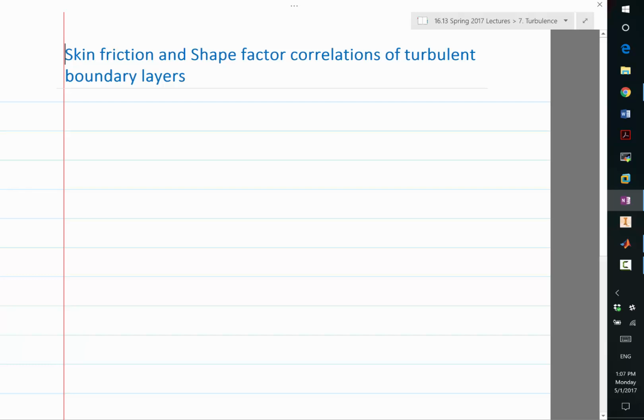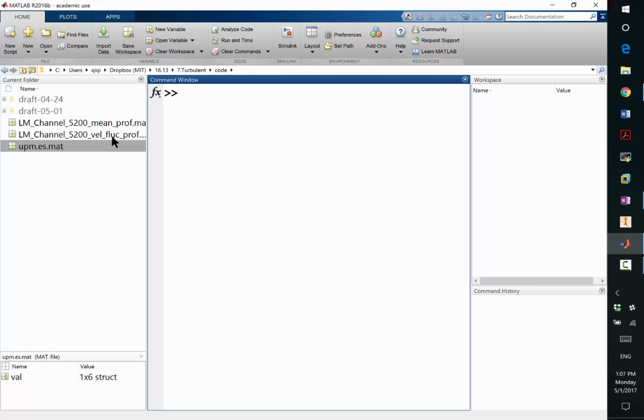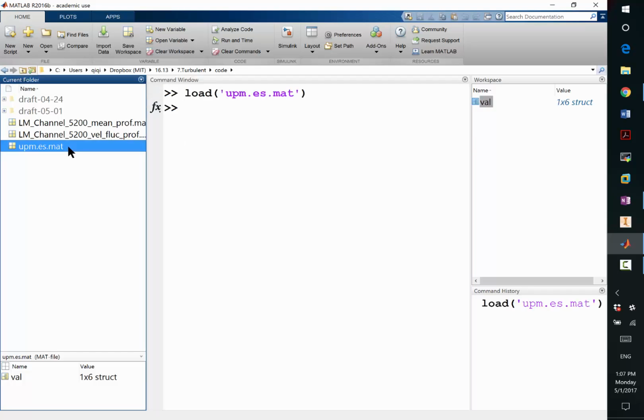It is independent of Reynolds number. It is independent of any pressure gradient. The outer layer is also invariant. Scaled properly, it is also independent of the Reynolds number and is only a function of the pressure gradient. So to make the point, what I did is, this is a MATLAB file that contains